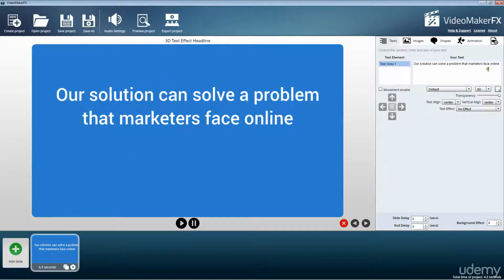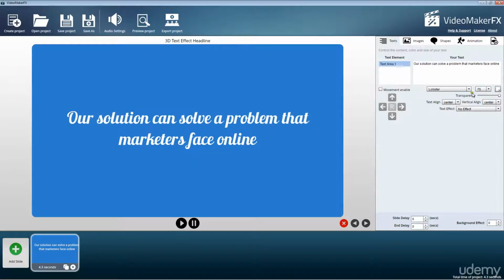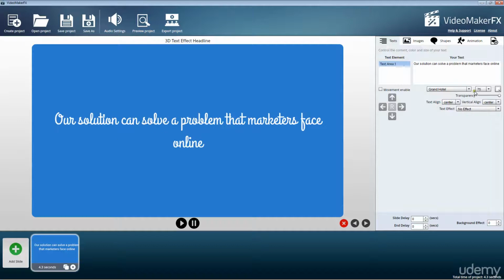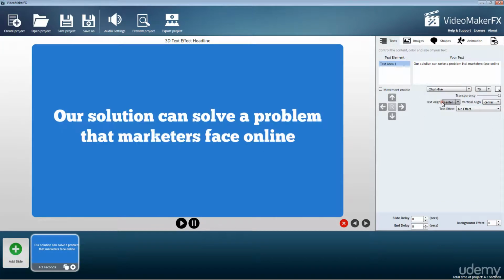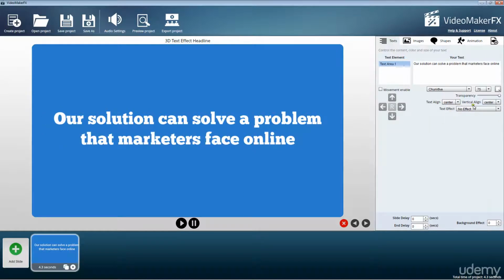So here we've got our first text area, and here you can enter in different text for the text area, as well as a different default font. So these are all a bunch of fonts that are available, and you see that once the font gets changed, it also changes within the preview area. And then of course you can change the font size and select from any number of these really cool fonts that they have available. And then you're also able to do text alignment here, so text center, text right,